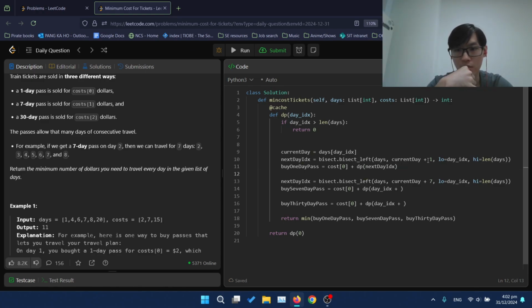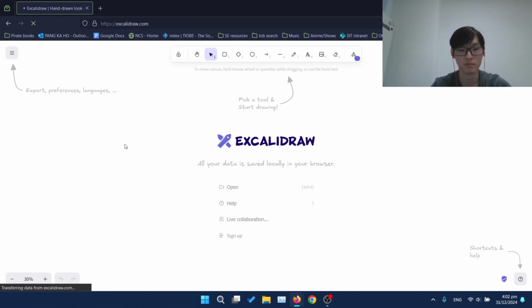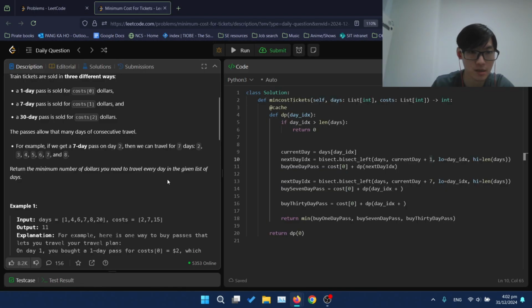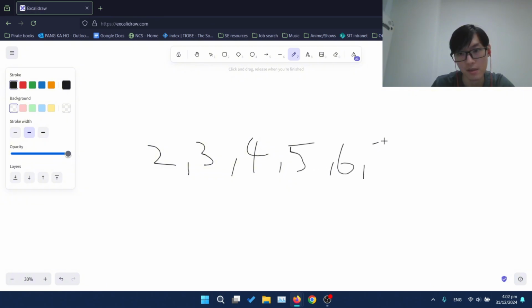Because it's inclusive. This means what? This means on day 2, let's draw it out. Let's say on day 2, we buy a 7-day pass. Then we can do 2, 3, 4, 5, 6, 7, 8.